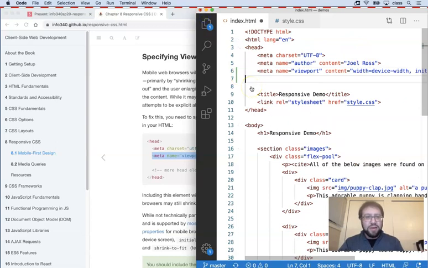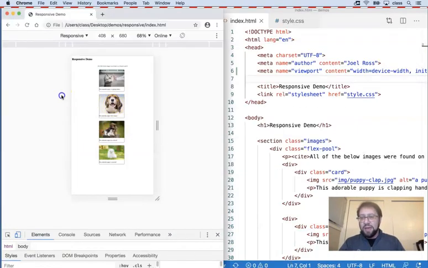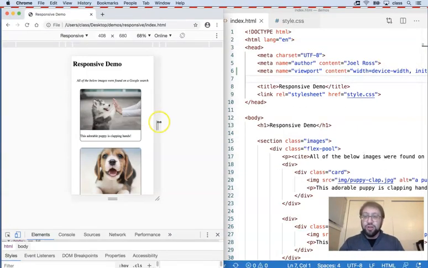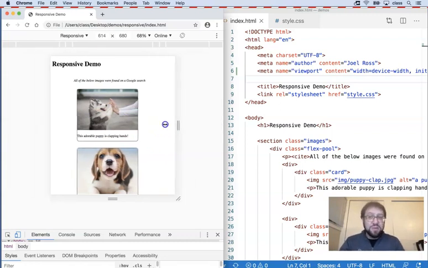I'm going to drop that into my HTML. So I now have this viewport meta sitting there in my head. If I then go back to my page and refresh it, you'll notice that now it's not shrinking by itself, right? Now when my device is bigger, it has the white space, but as my device gets down to